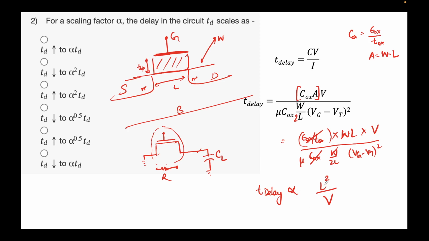So L square I know scales as alpha, right? So I can write, directly proportional, and voltage also scales as alpha, right? Just a second. Let's hope I've not made a mistake. I think I made a mistake because, okay,